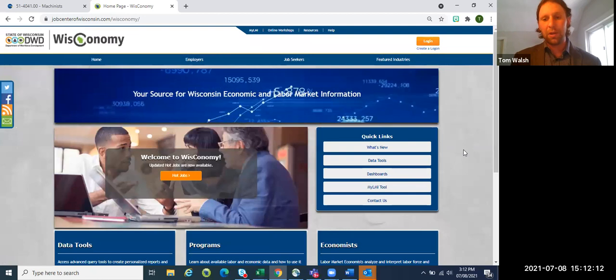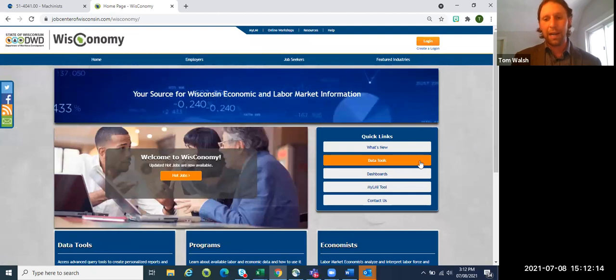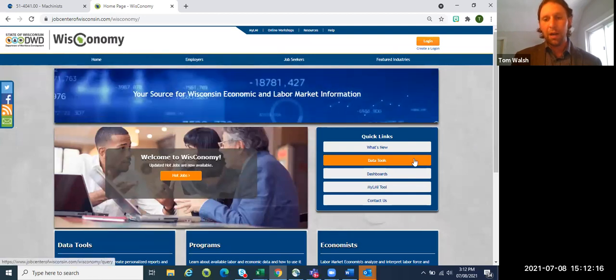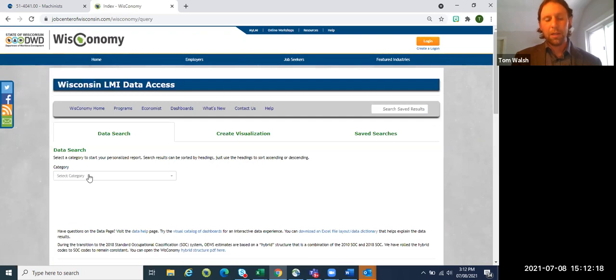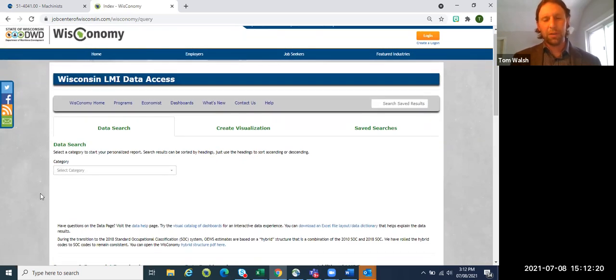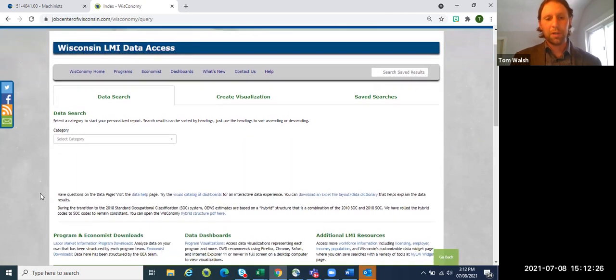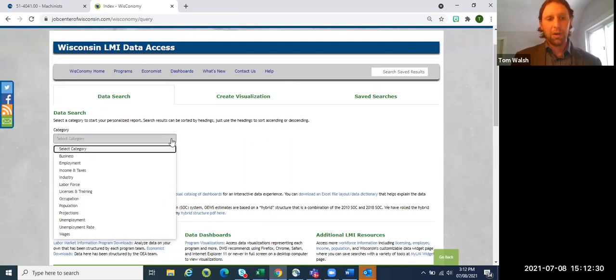So going on and showing the second way that I wanted to highlight for looking at wages, it's this data tools button. The first one is really good and being pretty quick and simple and a good display. This one is good for giving you a little more detail, and giving you something that you can possibly download, or selecting multiple occupations at the same time. So we're going to show wages.